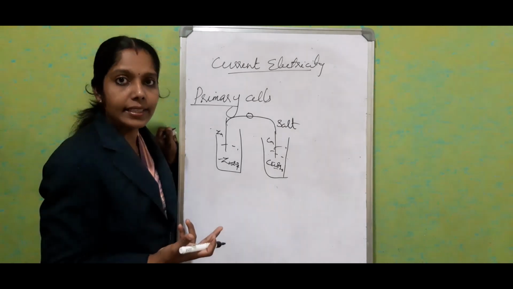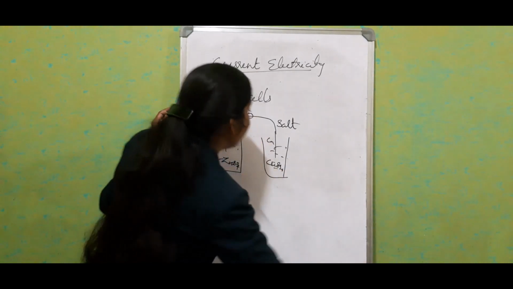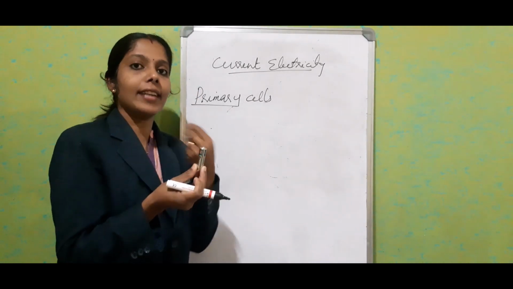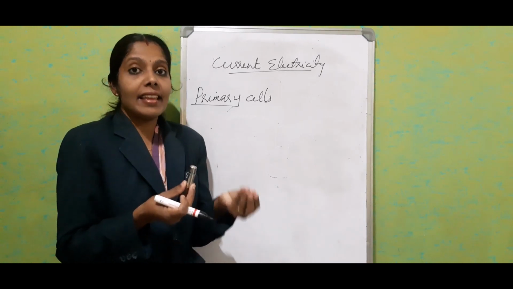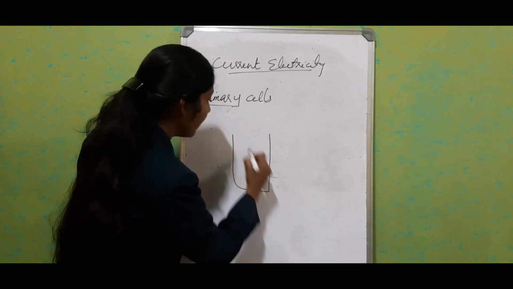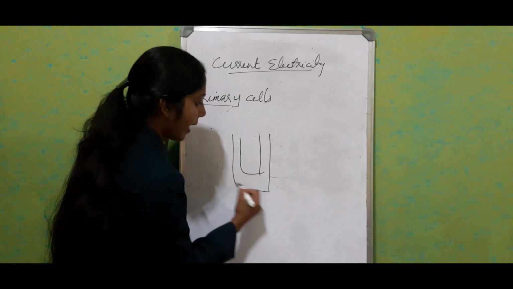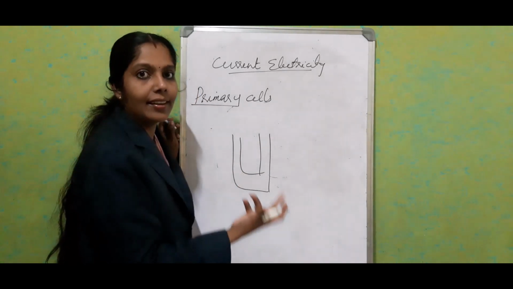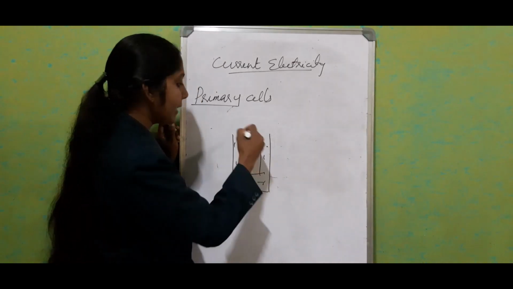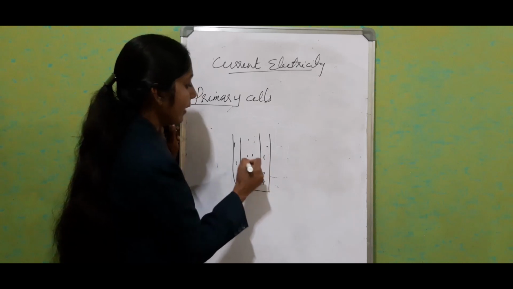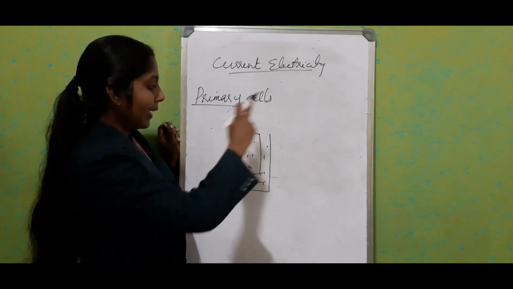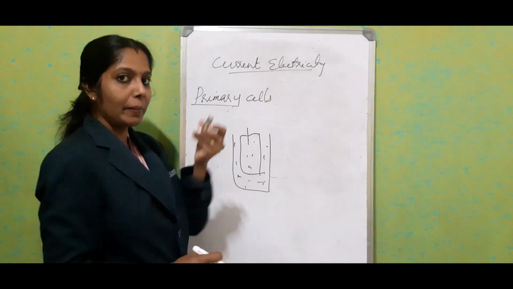Likewise, we have the Leclanché cell. The Leclanché cell is also somewhat similar to the dry cell. Actually, the dry cell was made by observing the formation of the Leclanché cell. It will have a set of tumblers like this. The entire container acts as a cathode, and here one set of solution will be there, and inside that one more tumbler, and again here on the top there will be another cathode. So by taking this design, we made the dry cell.